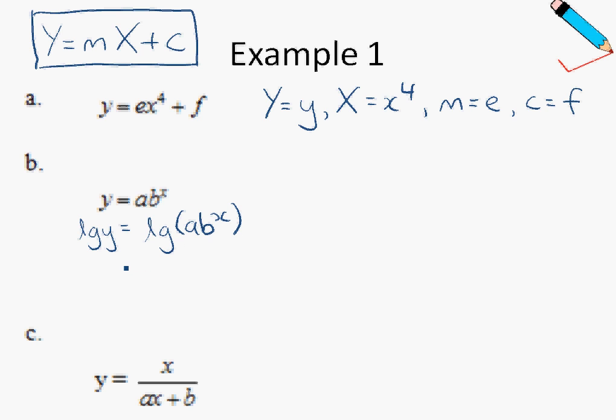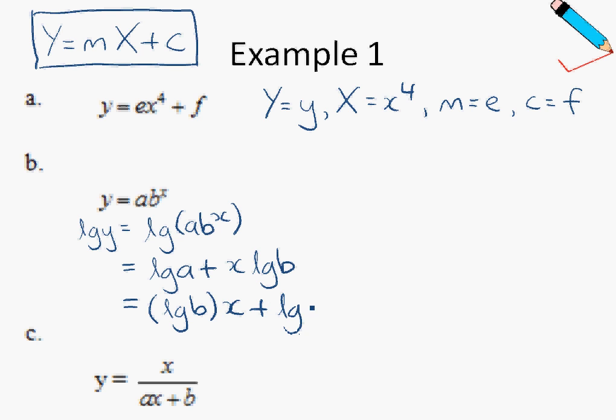On the right hand side I can break this down even further using the rules of logarithm: log a plus x log b. To make it look really obvious, let me rearrange and write log b times x